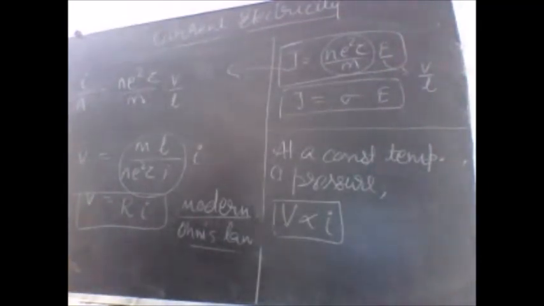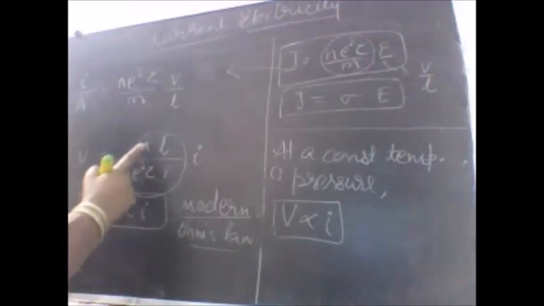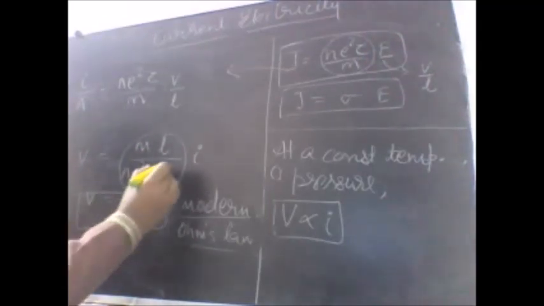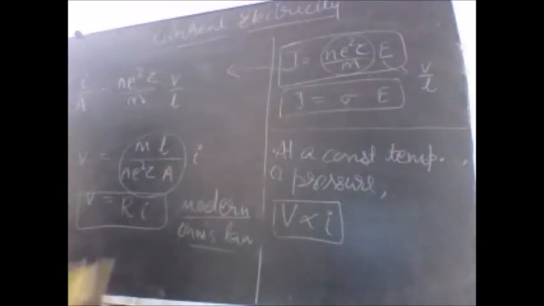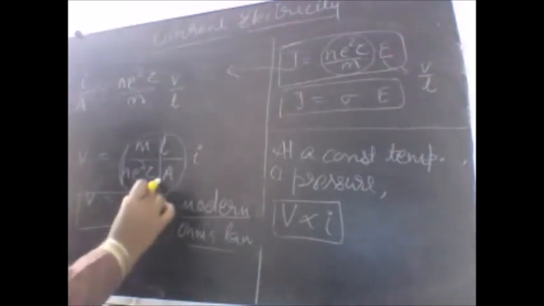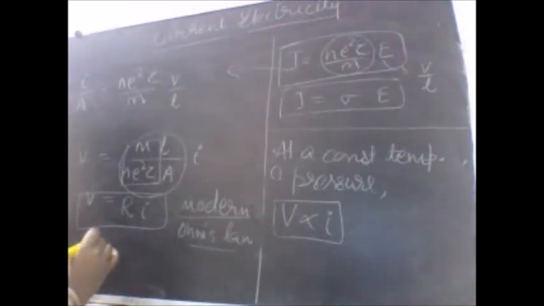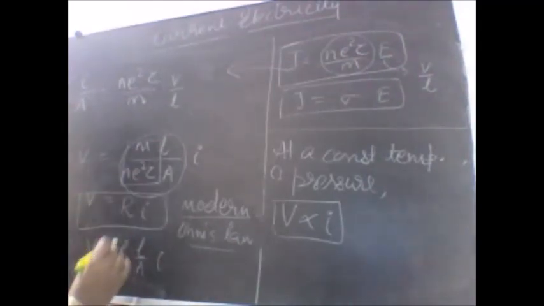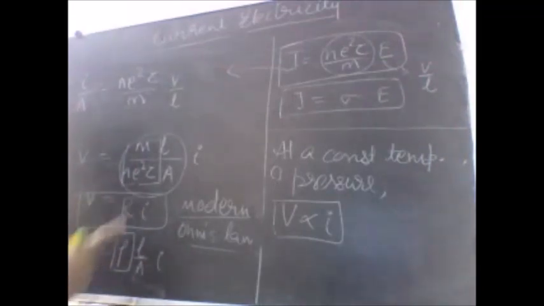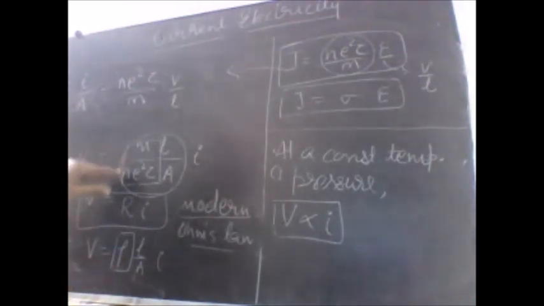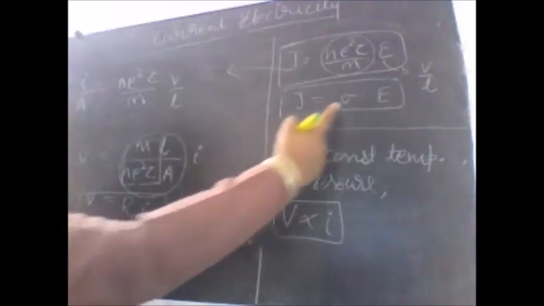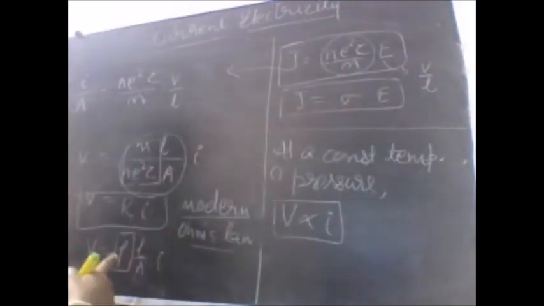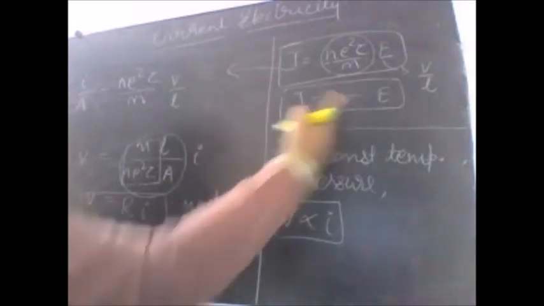This R value that we have defined, this R is M L over N square tau into, of course, A is there, and this factor is given a new name that you all have read in your 10th standard. R can be written as rho L by A. So this factor is rho. What is rho here? Resistivity. And just look at the formula, resistivity, isn't it? M by N square tau. And look at the formula for sigma, N square tau by M, just reciprocal. Rho and sigma are reciprocal.